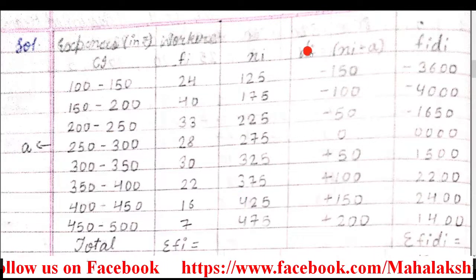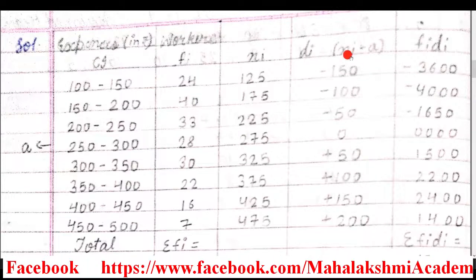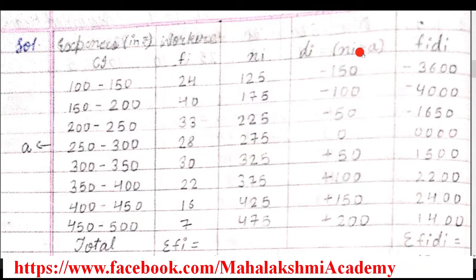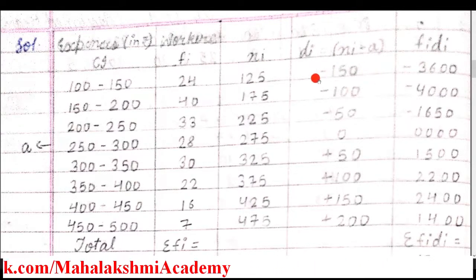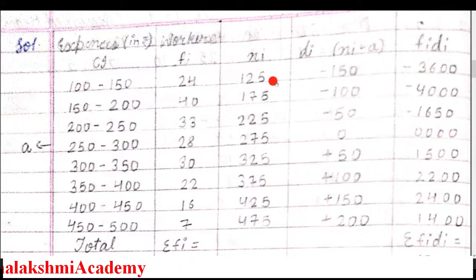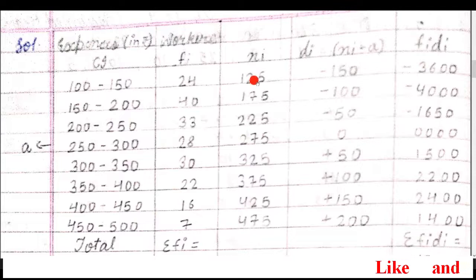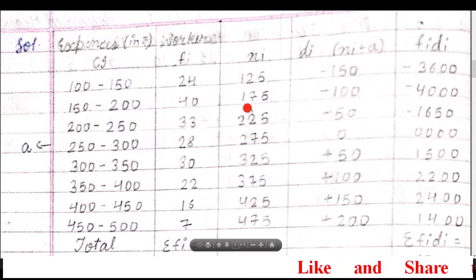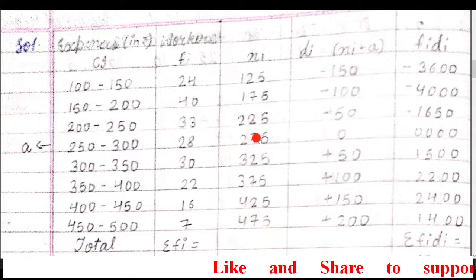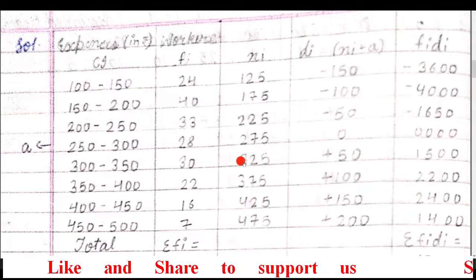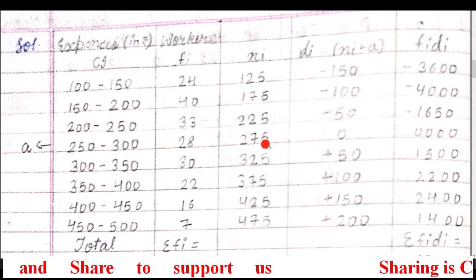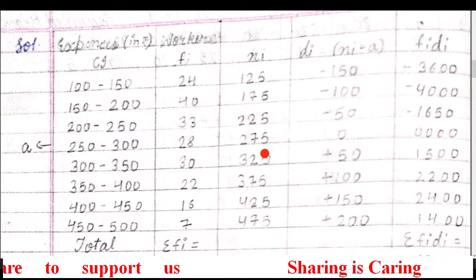Then the deviation, as we had calculated in the first question. Deviation formula is di is equal to xi minus A, then fi di column. So after finding the class mark, the process is the same as question number 1. In question number 1, what we had done, first we had assumed A. A means assumed mean. So you have to calculate that from the xi column. So we'll see what is the middle term. There are two middle terms here, 275 and 325. So among them you can assume any one as assumed mean. It's not going to affect your answer.